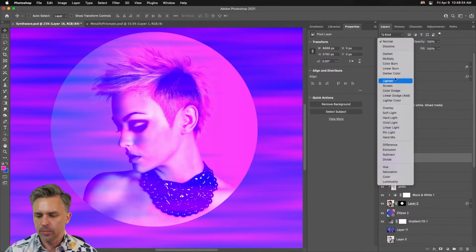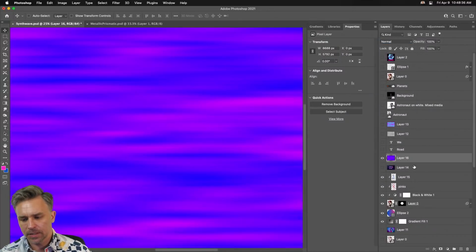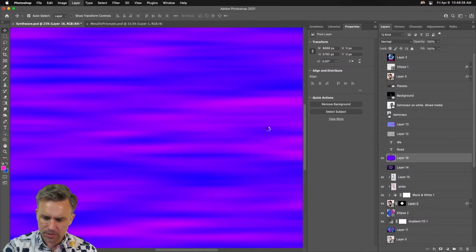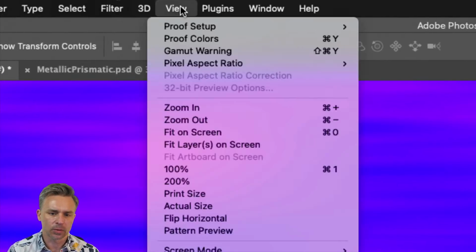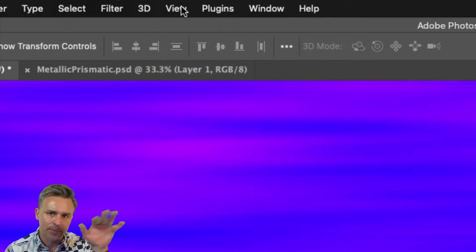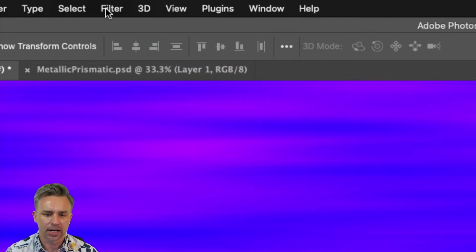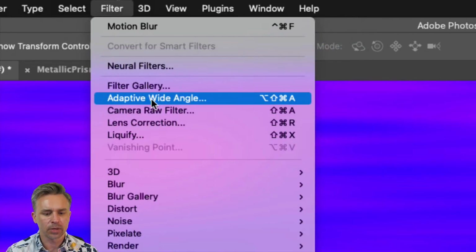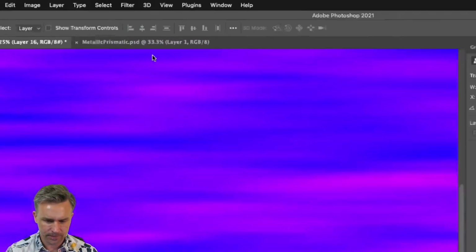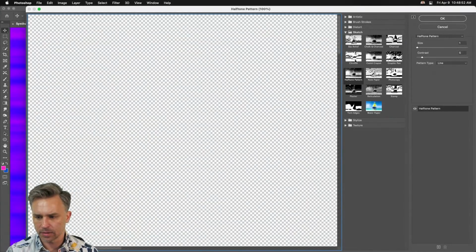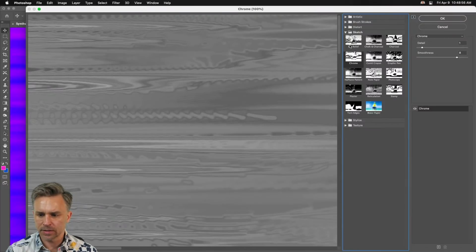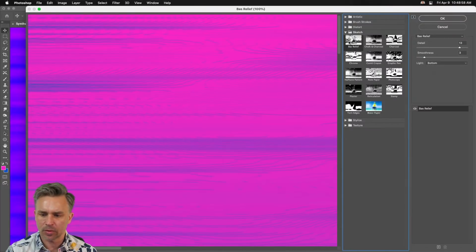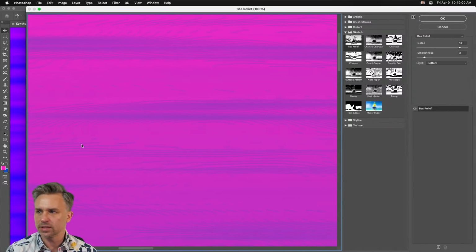We have some fun movement. It's not quite what I want because, let's turn this into a smart object, it doesn't quite have those lines, right? Gets us part of the way there, but it gives me an abstractness that I like. So let's go to filter. Now we're going to go to filter gallery. In filter gallery, there's a number of these. We have Chrome. We've used that before, right? Look what it starts to do with these lines. This gives me something more interesting to work with,